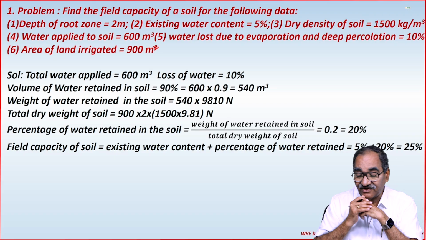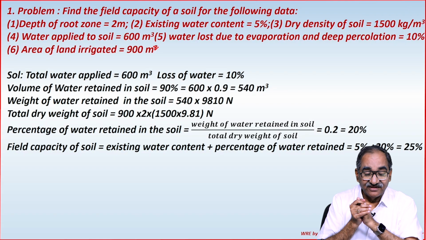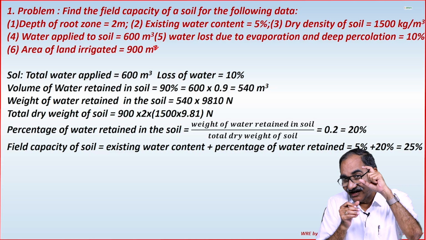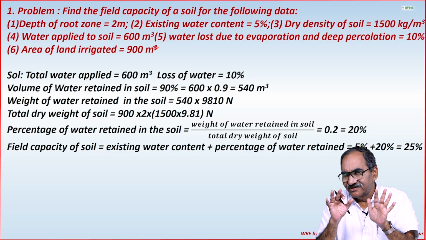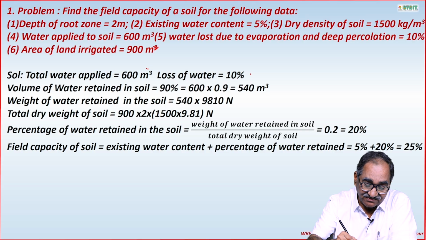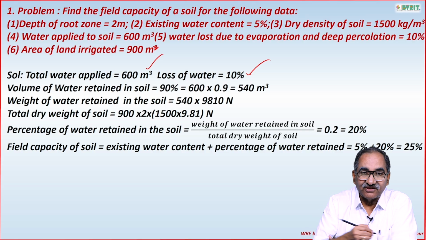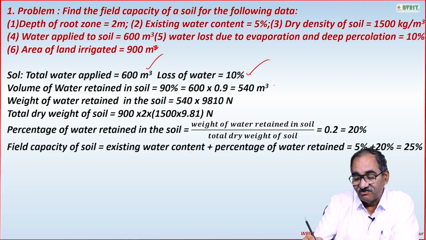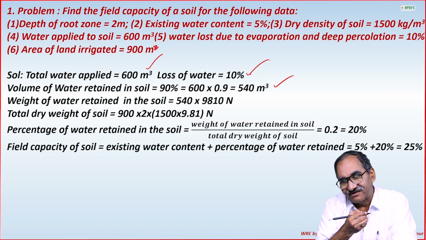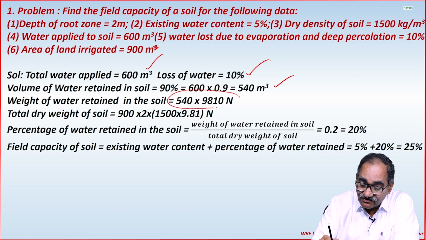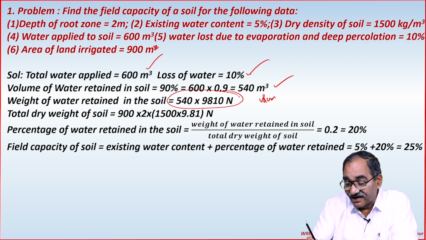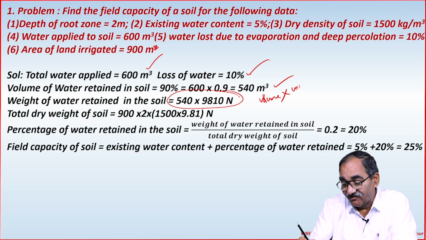Area is in meter square. So that is the thing. Then let us say how much is the percentage of water retained in the soil. That is the question. So total water applied is this much. Loss of water is this much. So volume of water is equal to 90%, right? Then what is the weight of the water? So how do you get the weight of the water? Volume multiplied by the unit weight of water,